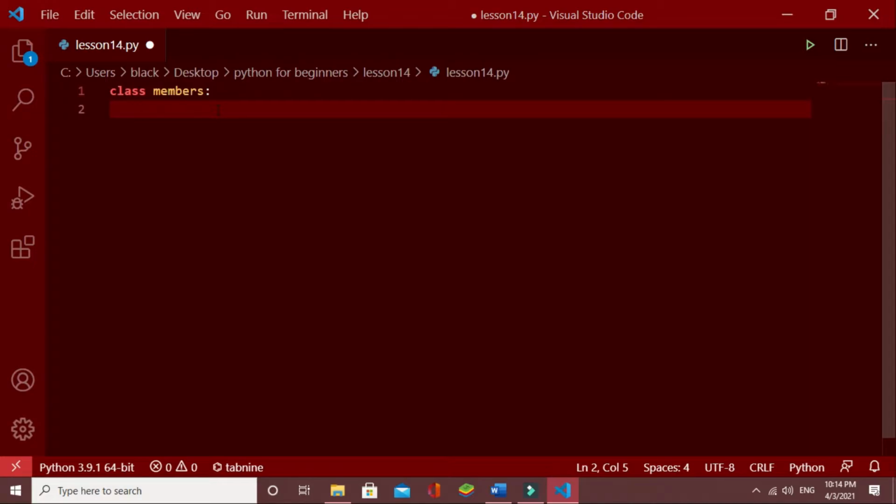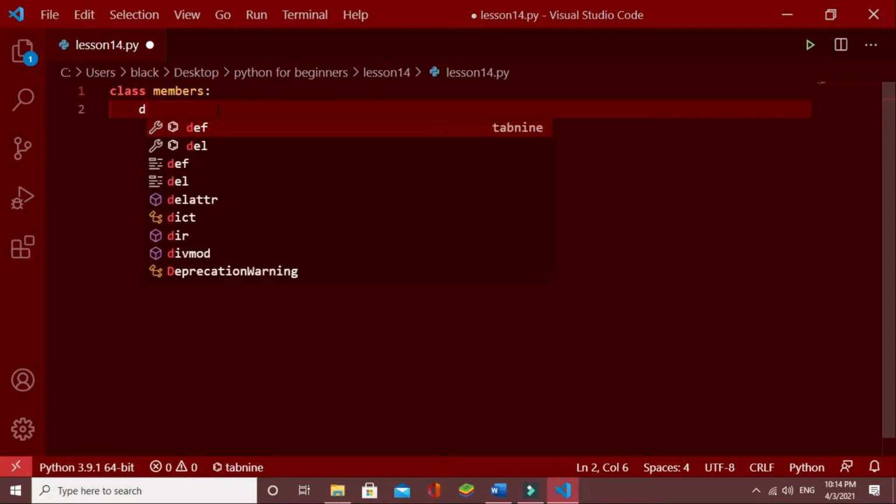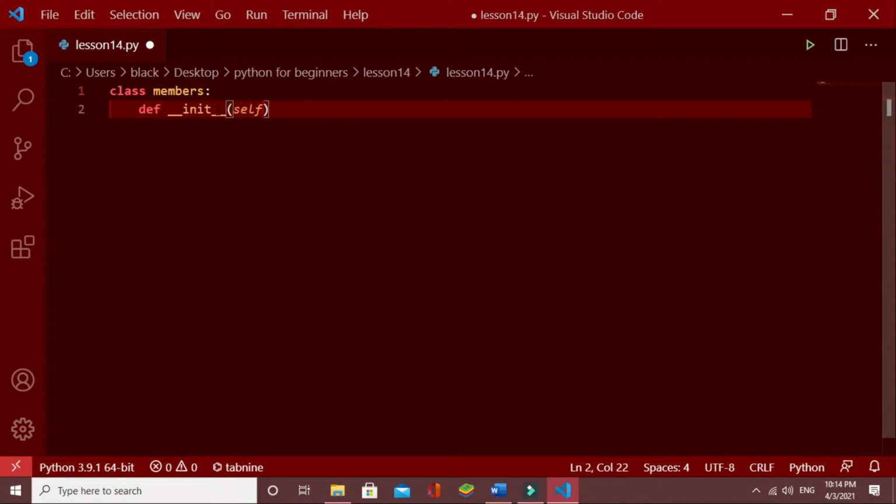Balance means the amount of money that they have in their bank accounts. Now, to define these things, we have to use a function called def init. This def init function is used to define initial properties of an object.